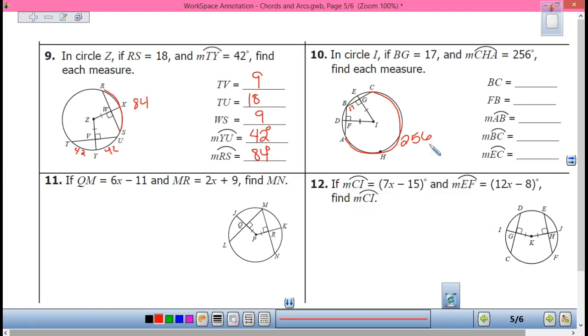So when I subtract 360 minus 256, I get what? 104. So both of these together is 104. So AB has to be 52. So that's who? AB. So that means BC is 52. And that means EC is